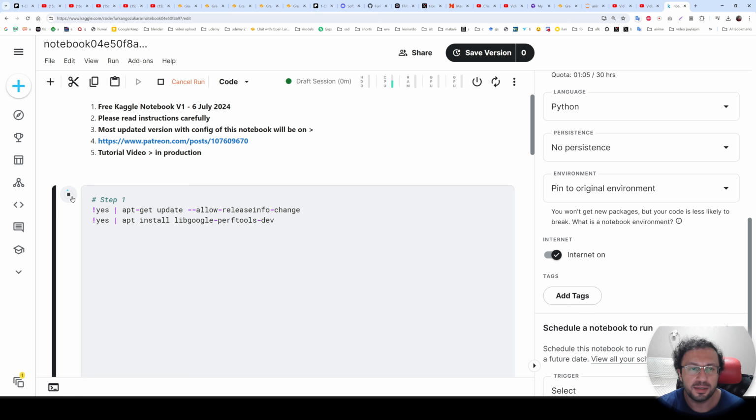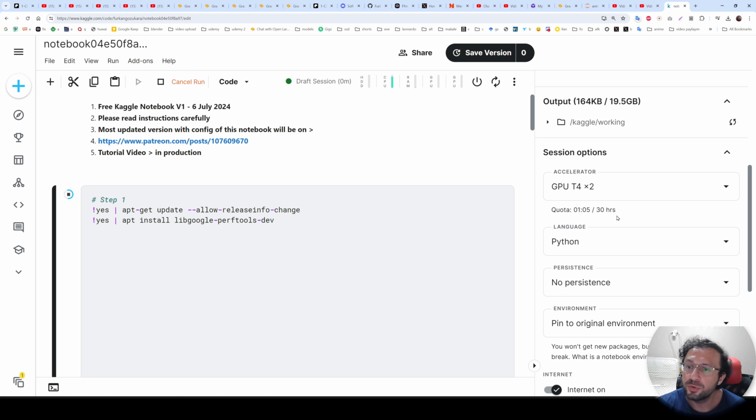When you click this icon, it will execute the cell, and wait for this cancel run button to disappear. That means that once this has disappeared, the cell execution has been completed. Kaggle will provide you 30 hours of T4 GPU for free. This is just amazing, and it provides you double.